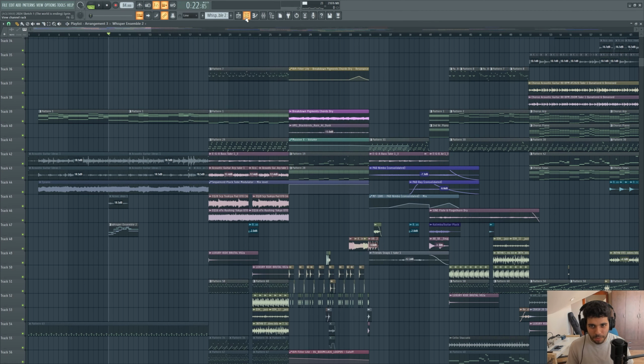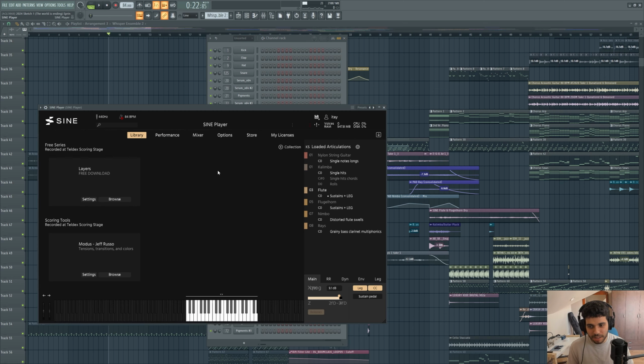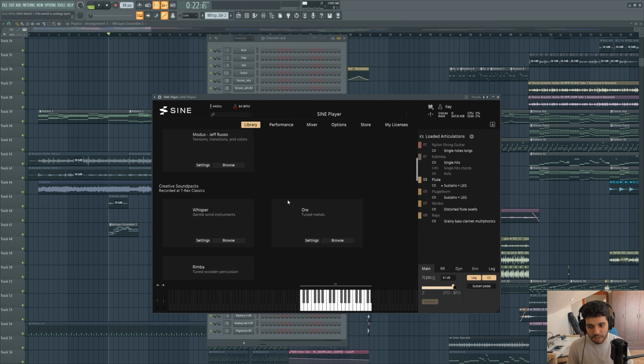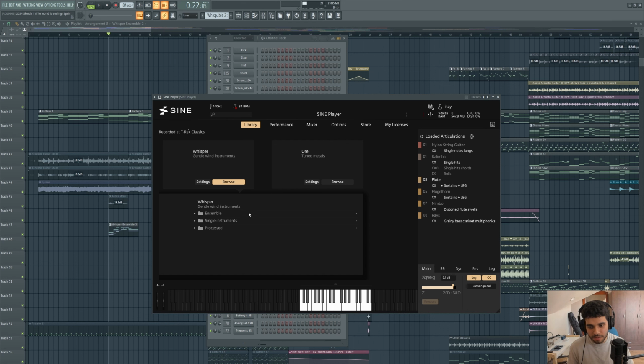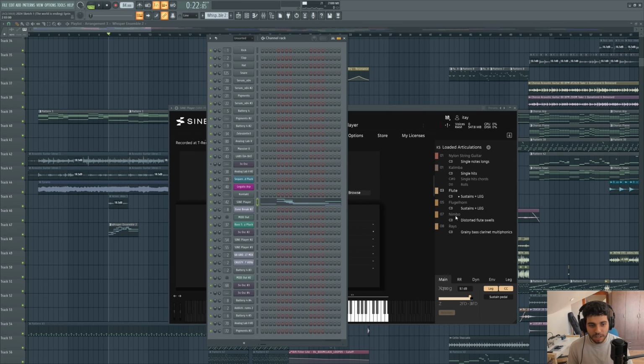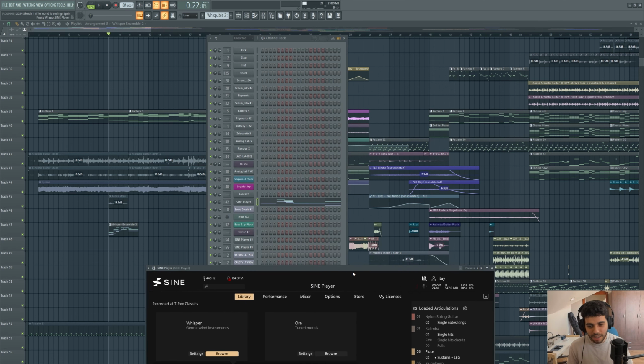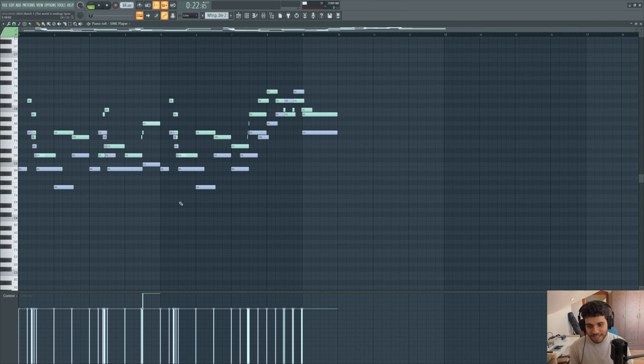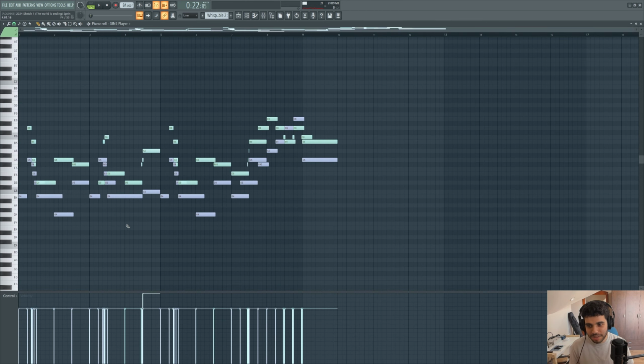And when I made it, I just bought an orchestral tools library called Whisper, which is very softly played wind instruments. So I really wanted to incorporate that. So I took the flugelhorn and the flute, and with great passion, started drawing MIDI notes that made sense. So like here. Again,